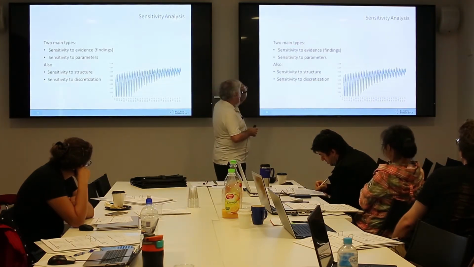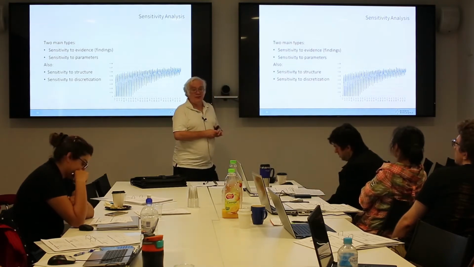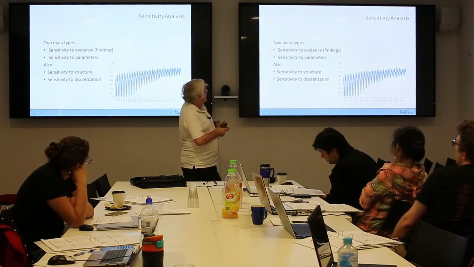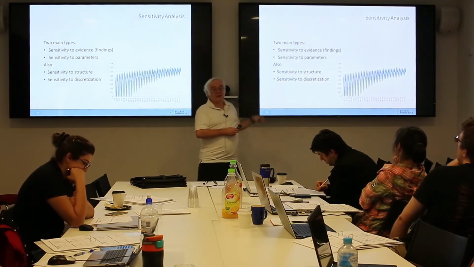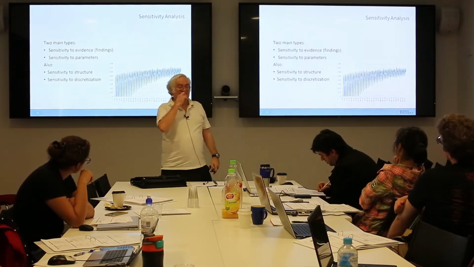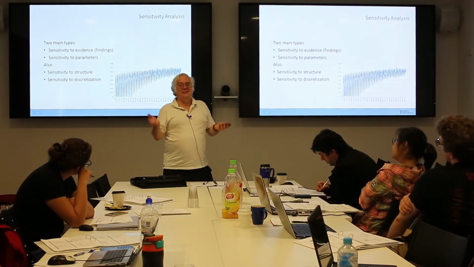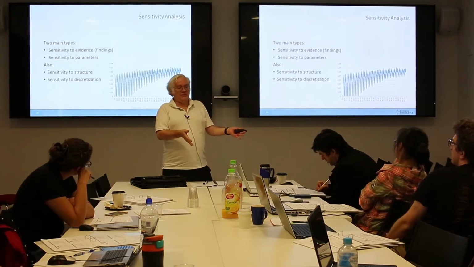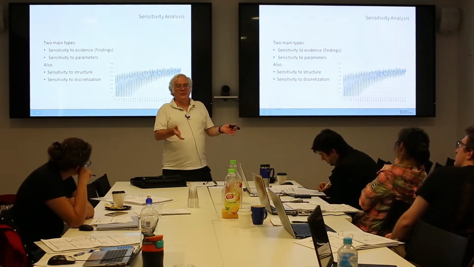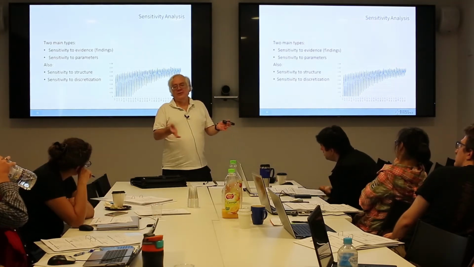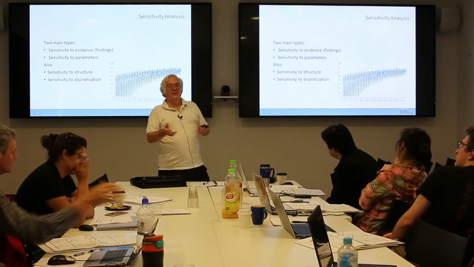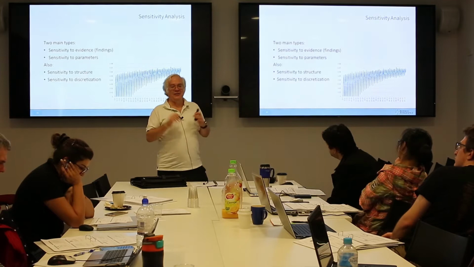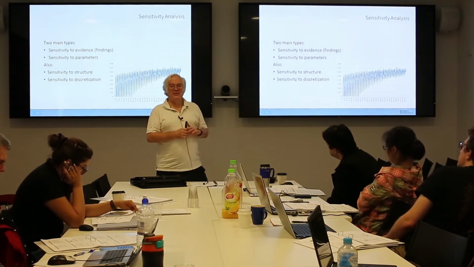Sensitivity to structure and discretization. Basically, anything you can change in the model, in principle, you could do sensitivity analysis. Also here, I think, means that no Bayesian net tool actually supports this stuff, but you can dream about it. So sensitivity to structure, that would mean what happens, for example, if I just, I don't know what it means. It can mean lots of things. One thing it could mean is, suppose a particular network has an arc density of 0.2 or something. Then you could wonder what things would look like if it was actually 0.1. And you could, more than wonder, you could automatically just go in and zap half the arcs and then see what happens. That's a little bit strange.